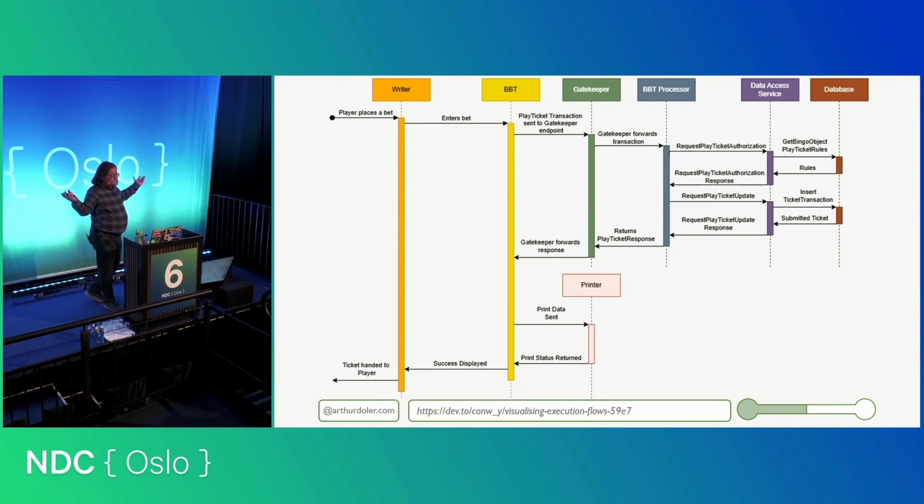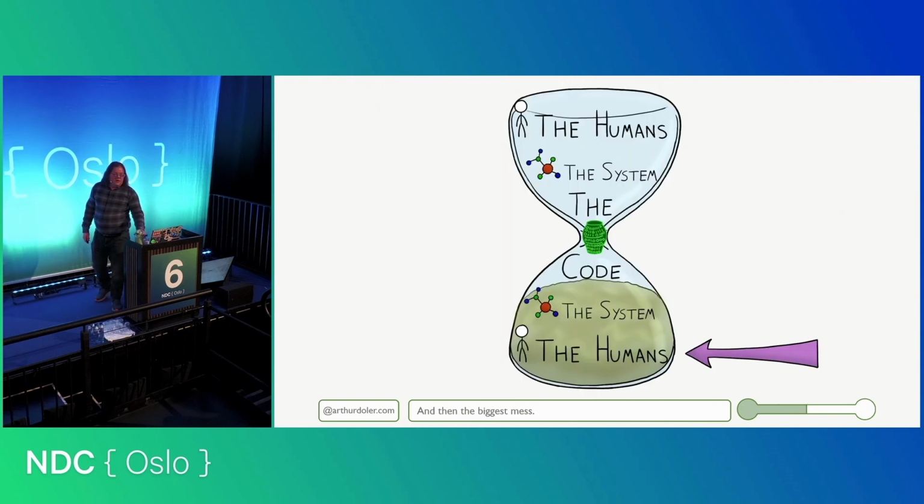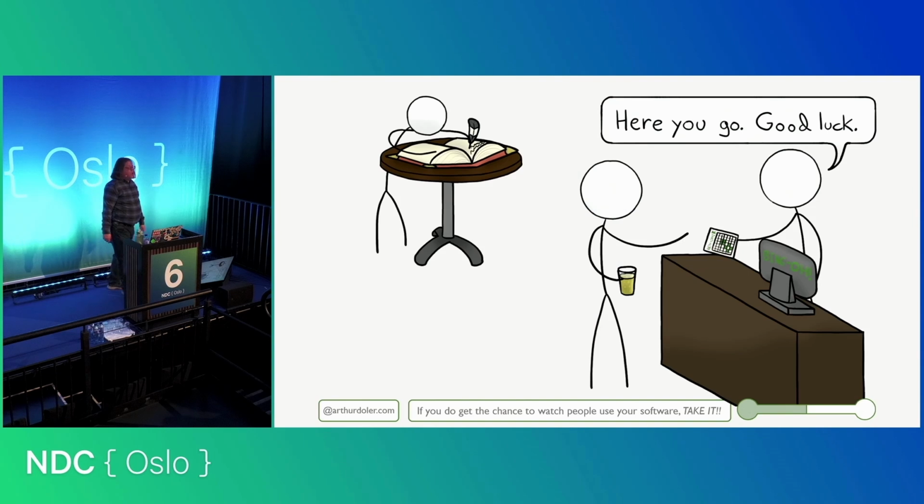This is an execution flow, right? This is the path through that system. The next step, and the last step in this process, should be the humans. Once again, the question you want to ask here: what is the eventual output or outcome of this action? They did something. What happened to the system as a result? Does that achieve the goal that they had when they came into this process?